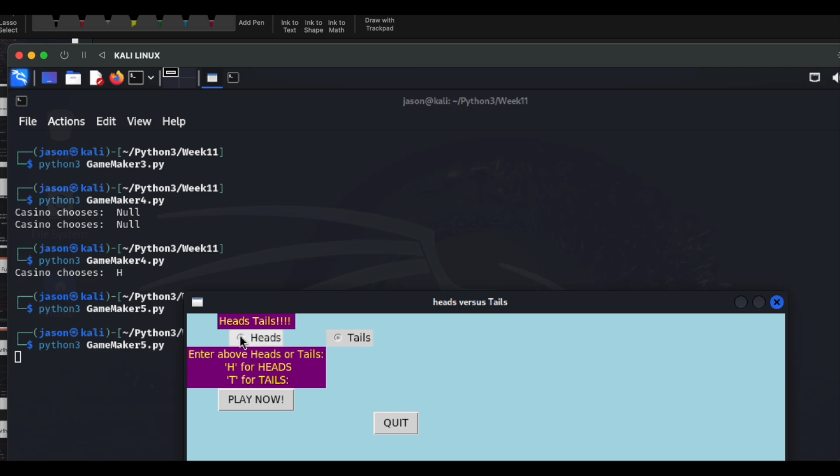But anyways, we'll just say heads. And it shows here, just for problem tracking or troubleshooting practices, user selects heads, and we can say play now. You chose heads, but unfortunately, heads matches user choice 1, and the casino chose user choice 2, which is actually tails, and it says we lose.